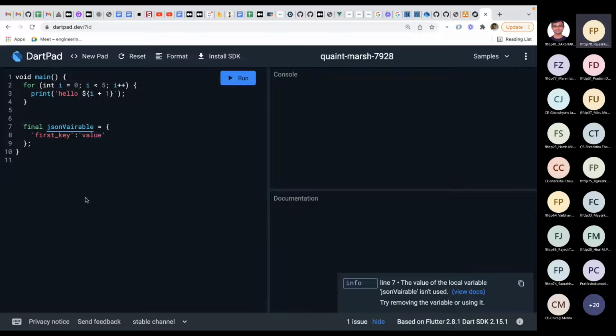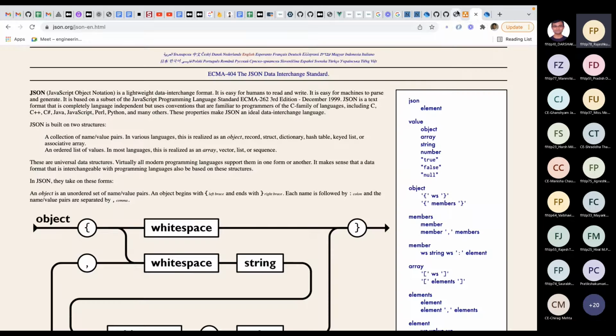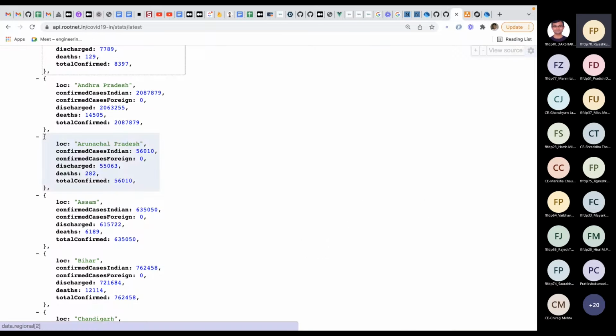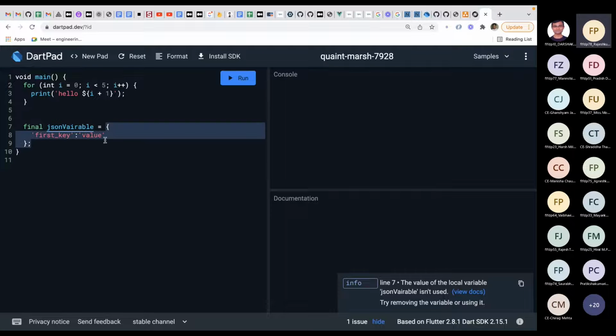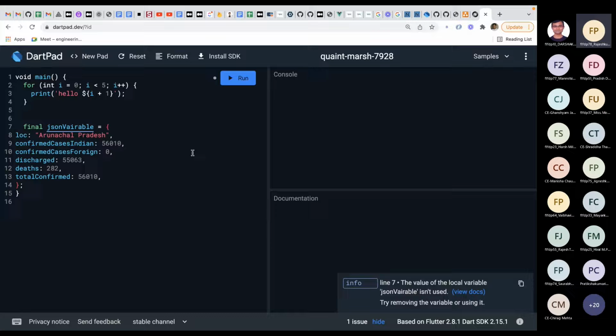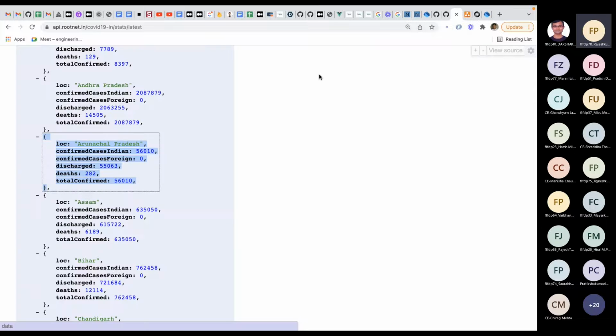Now we have a JSON. Let's try to understand how we can parse it. So I'll simply copy this JSON and put it here. Here I am using one extension. That's why you can't see the keys here. If I disable this extension,